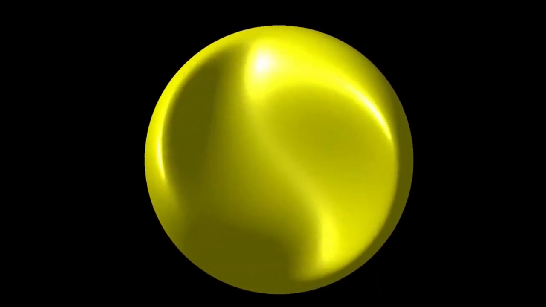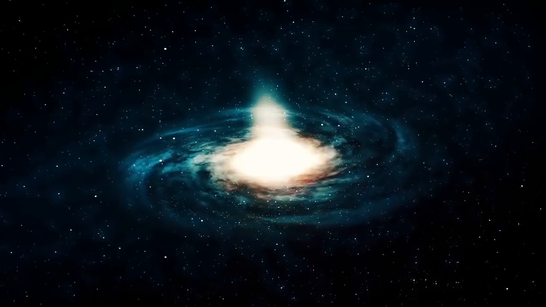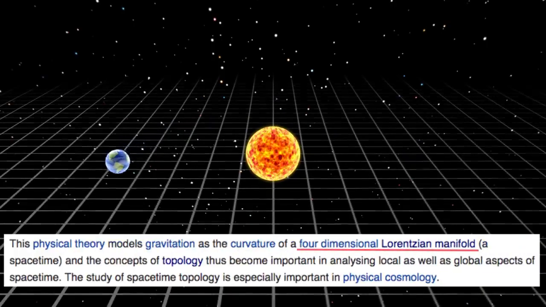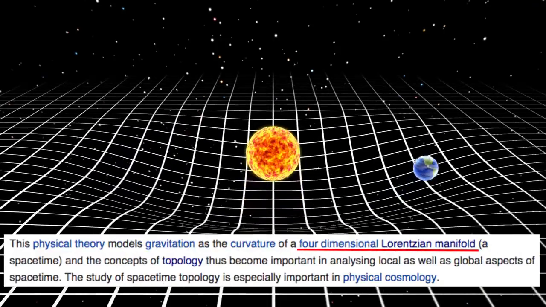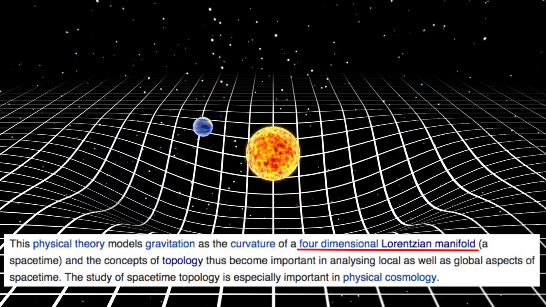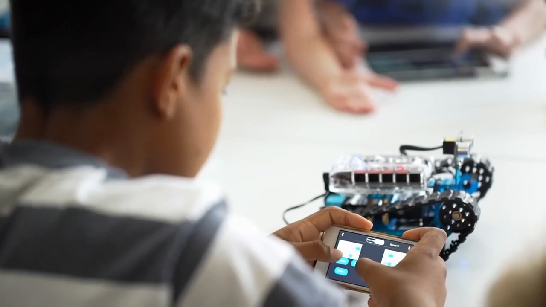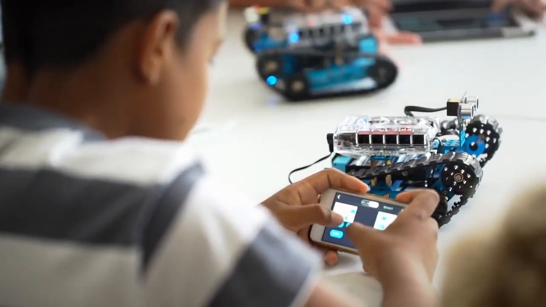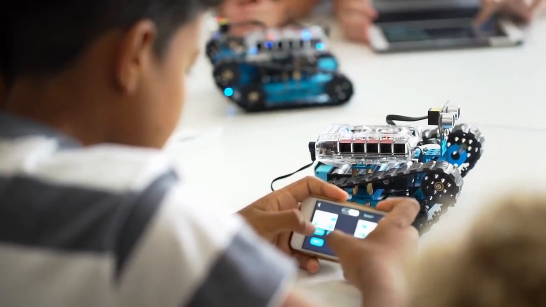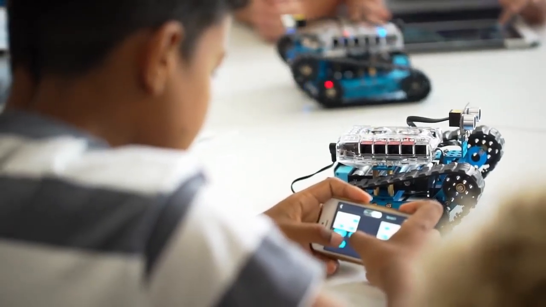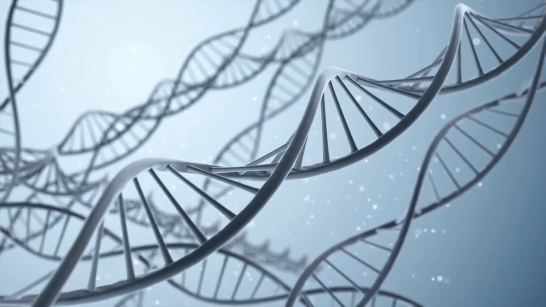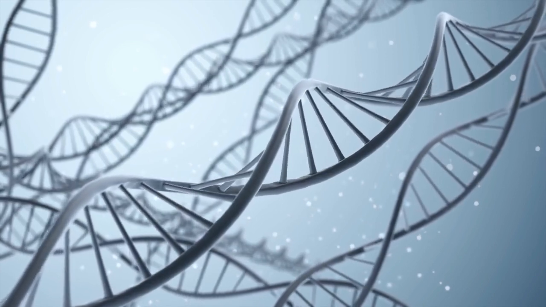Topology applies to fields of physics such as quantum field theory or cosmology. And general relativity states that spacetime is a 4-dimensional Lorentzian manifold, and analyzing this involves concepts within topology. In robotics and motion planning, all the possible states that the robot can be in, or the configuration space, can be modeled using concepts taught in topology. In computer science, topology can be used to model how networks are connected and how data flows. And even knot theory is used in biology to analyze how enzymes cut and reconnect DNA.